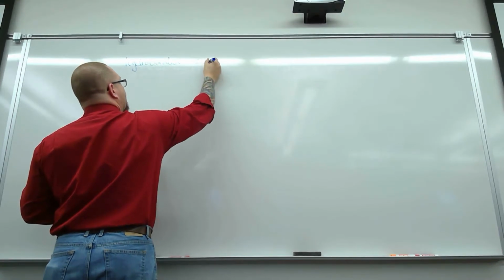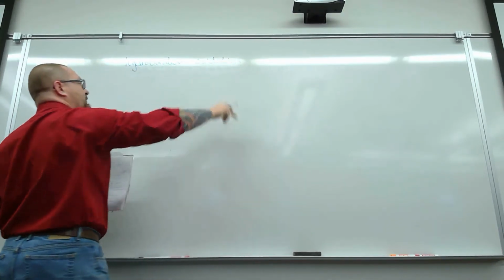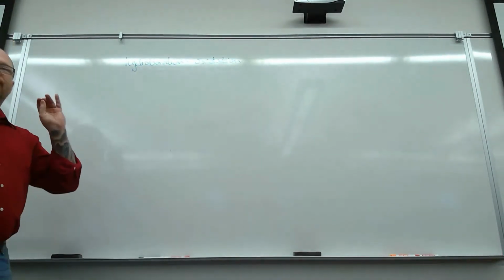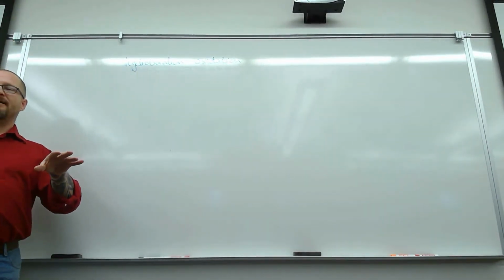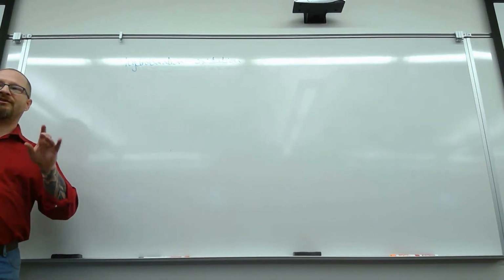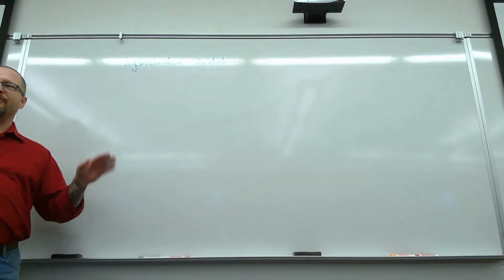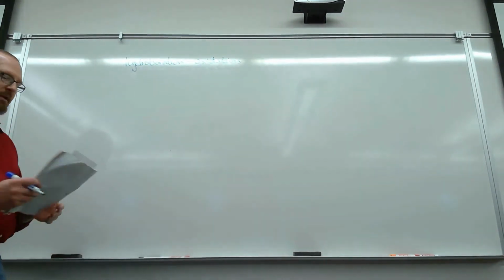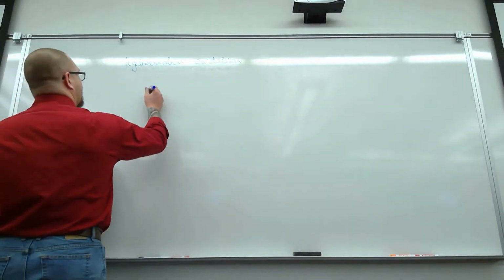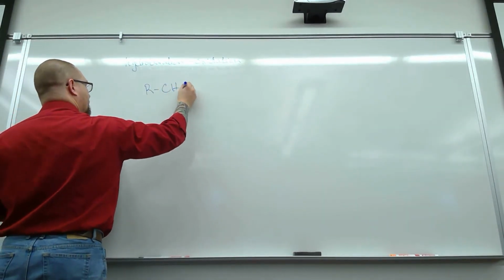we have a new reaction we're going to add to our toolbox, hydroboration followed by oxidation. Hydroboration is one step. Oxidation of the product of the hydroboration reaction is a second step. So if you're doing this in the laboratory, you would put everything together, you would do one step, then you would do a second step. And what this looks like, just as a generalizable reaction, if we have some